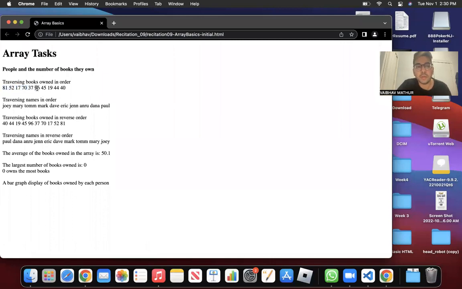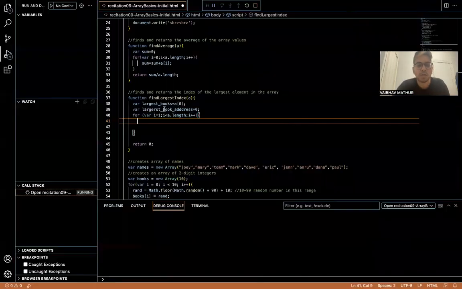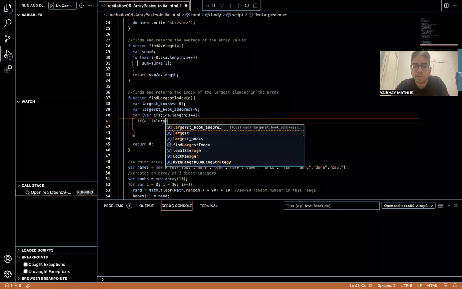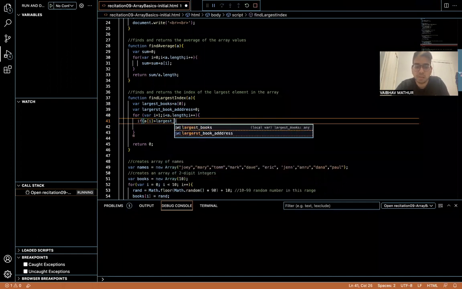When it finds a number more than it, like 96, we want our largest number of books to change to 96, and the new address to be stored is that of 96, which is 5. Okay, so this is our main logic. We want to check if a of I, which is the books at that number, is greater than whatever our current largest books are, which was 80 in that case,